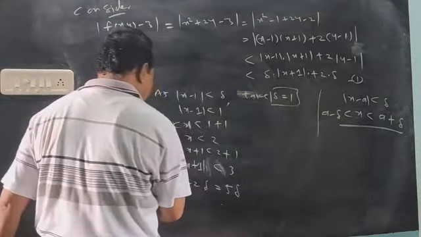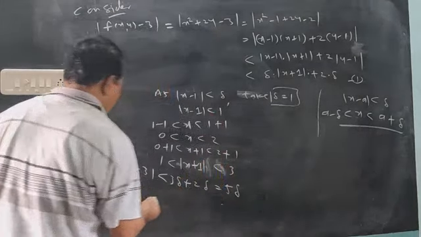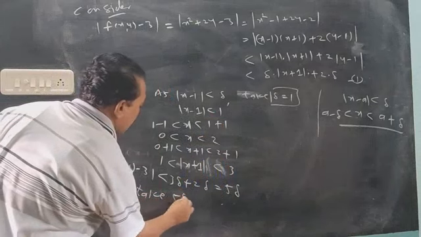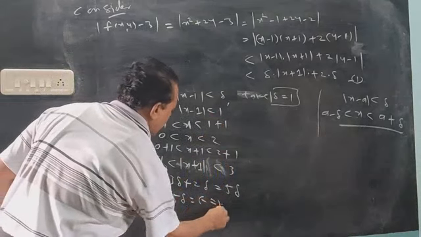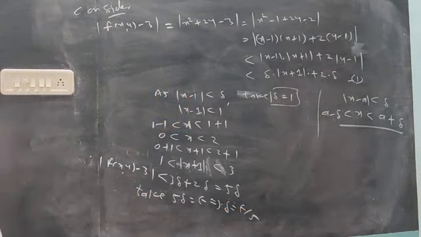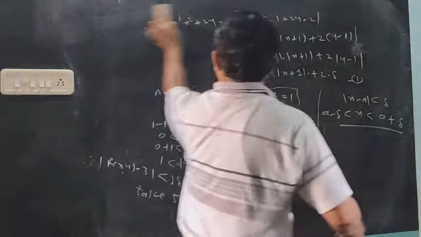I want epsilon here. The method is the same. Okay. Take 5 delta means epsilon. That means delta will be epsilon upon 5. Okay. Standard case. So in this way we shall.